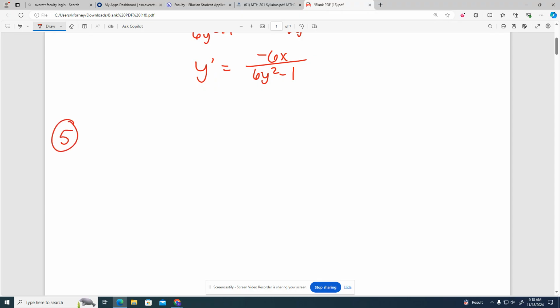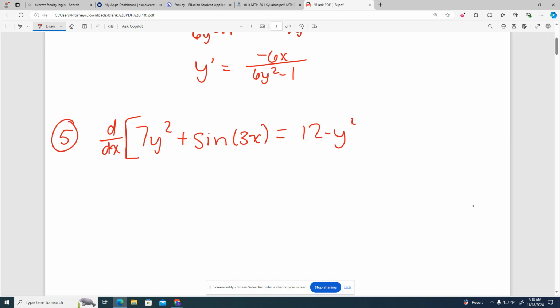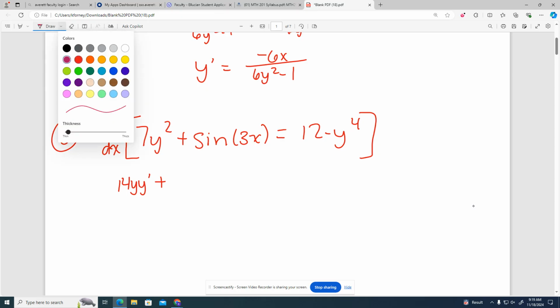All right, so let's look at this one. Find the derivative with respect to x for 7y squared plus sine 3x equals 12 minus y to the 4th. So, looking here, what is 7y squared going to become? 14y y prime, plus, now,